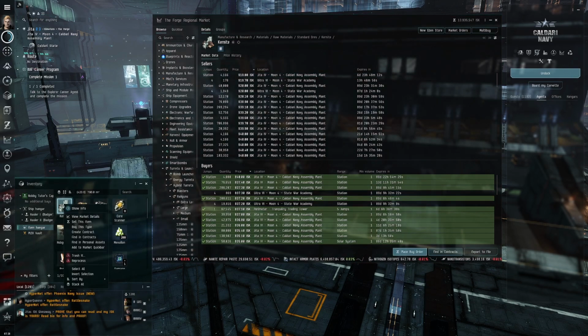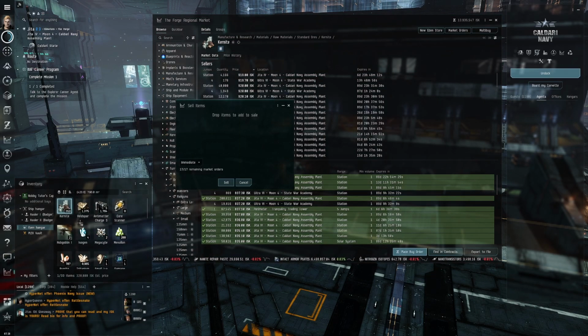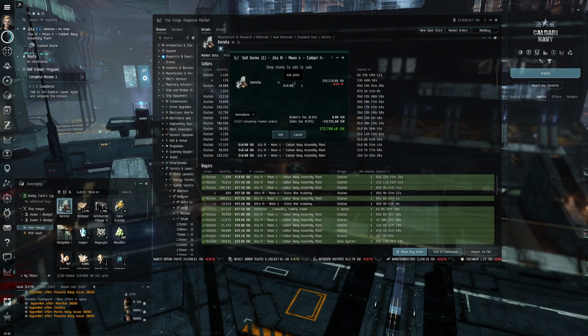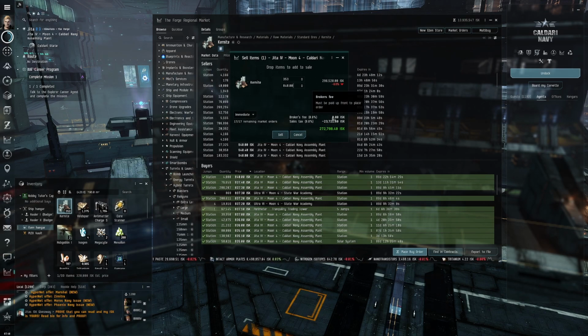So if I go right-click, sell this item, by default, the first time you do this, it goes to immediate. So it is selling to the highest buy order within range, 840 ISK. I don't have to pay a broker's fee, though, because I'm not listing it. I'm selling it to somebody that actually wants to buy it, but I do still get stung with the 8%